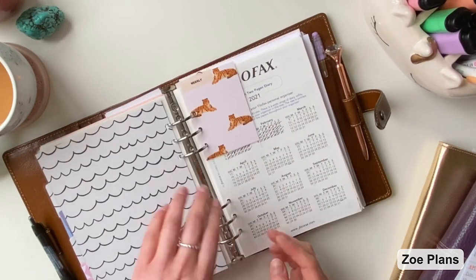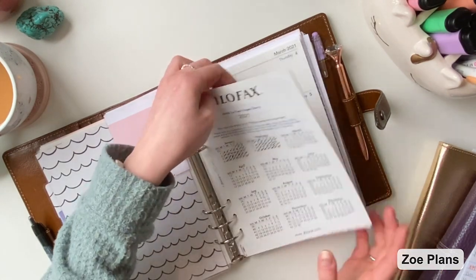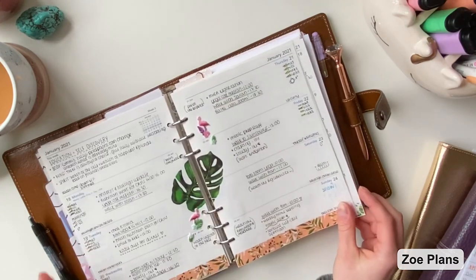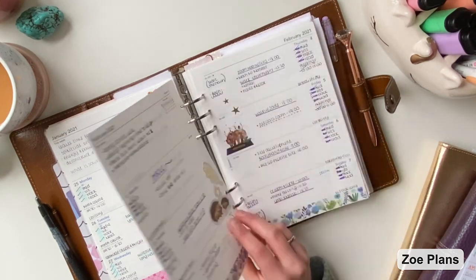So finally, my diary. Look at that, 2 whole months ticked off already. So where are we this week? So we're here this week. So this was the end of January, which I think I showed. So going into February,